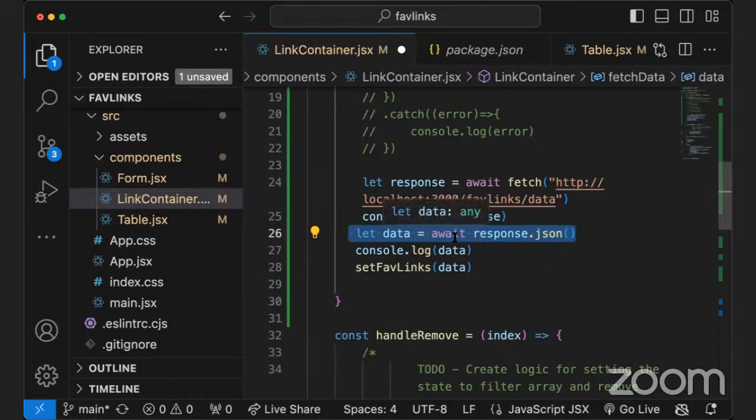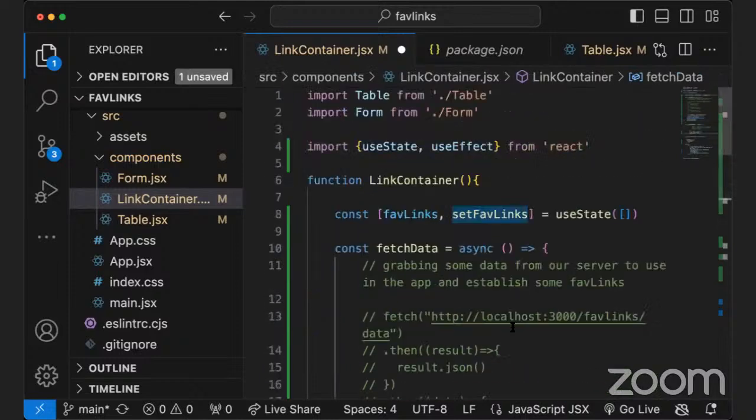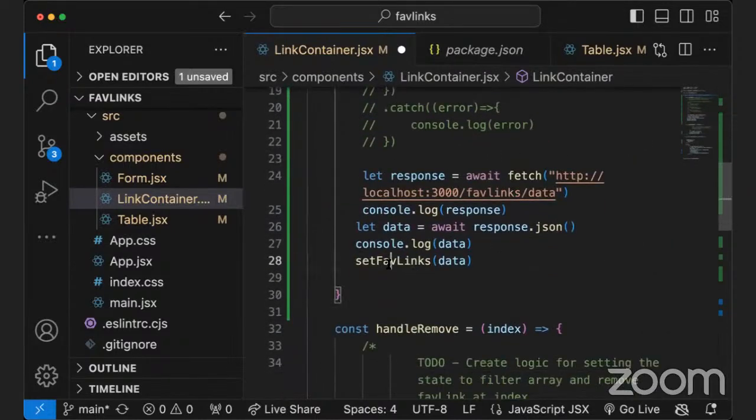Once I did that, which was just calling response.json, I was able to set my favlinks, which is just a state function here in the state hook, to say, hey, set the first array to be that JSON that came back, because it was an array of data, right? And that is how we were able to pull those extra fave links from the server into our client side